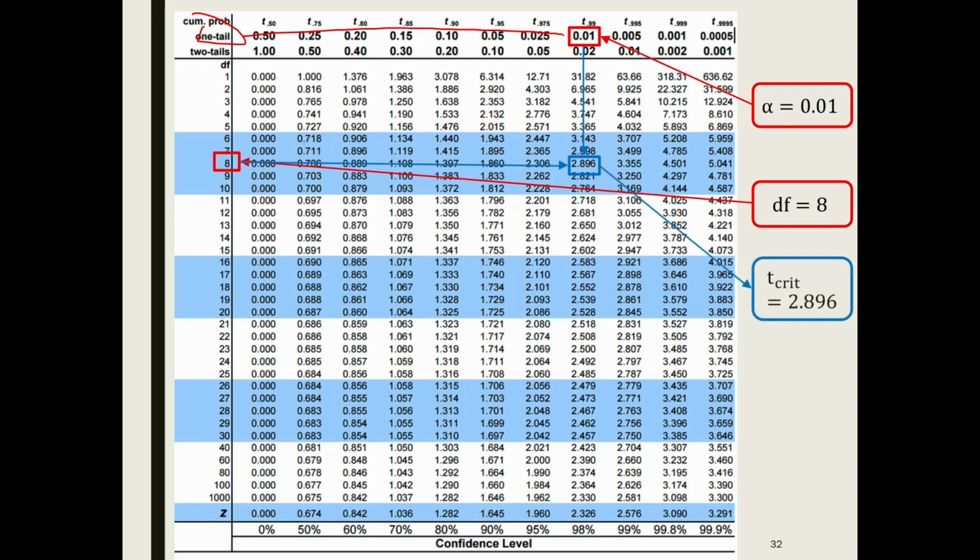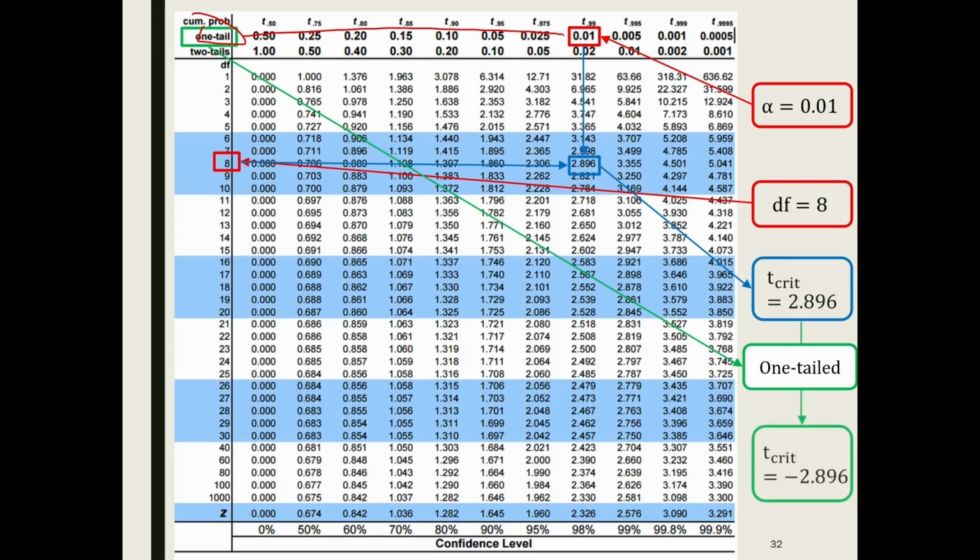2.896. That is the absolute value of the t critical. And think about that, we use a one tail and we are looking at a negative correlation, which in the graph is on the left side, the negative side, right? So this t critical indeed is negative 2.896. The number we find from the t table is always positive. You have to make your own judgment whether you use a positive number, a negative number, or both positive and negative numbers. In this case, we are looking at the left side, which is the negative side, so the t critical will be a negative